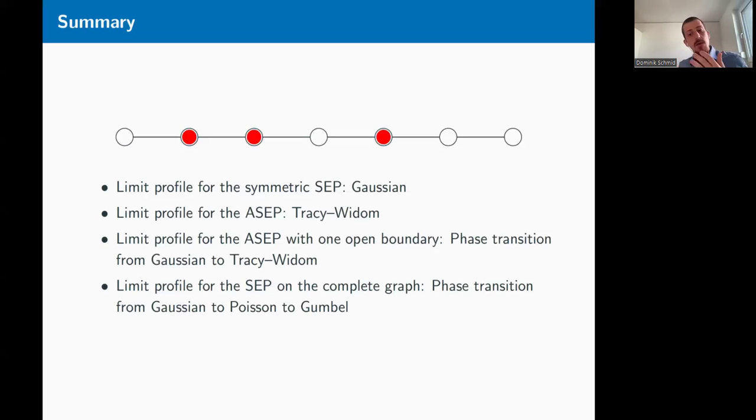And a third approach, if we look at the simple exclusion process on the complete graph, where we have this phase transition from a Gaussian to a Poisson to a Gumbel, is to use an approximation by a diffusion, or an approximation by Ornstein-Uhlenbeck or infinite-Q to be precise. So there we also have a very specific way to attack the question of limit profiles in this case. But again, as I said, we understand it better now, but there are still many open questions. And as said by Evita, we would like to have a much better understanding of what happens in various cases, in particular also